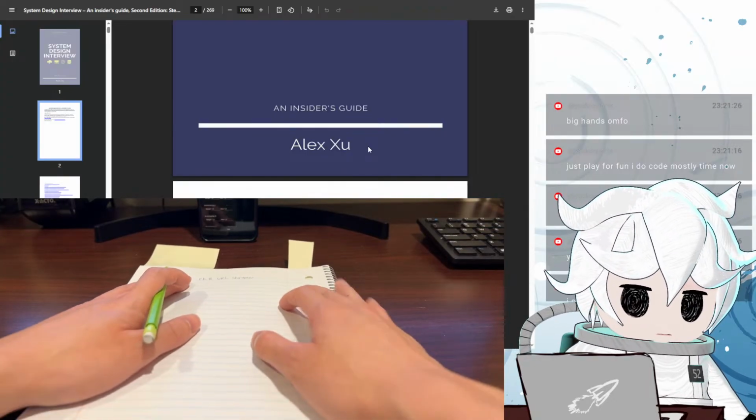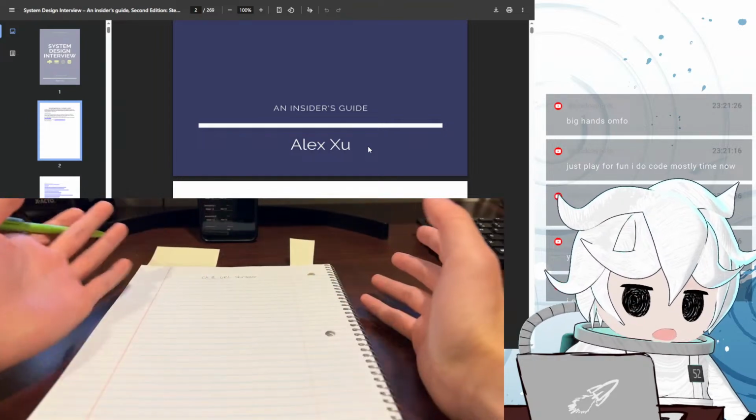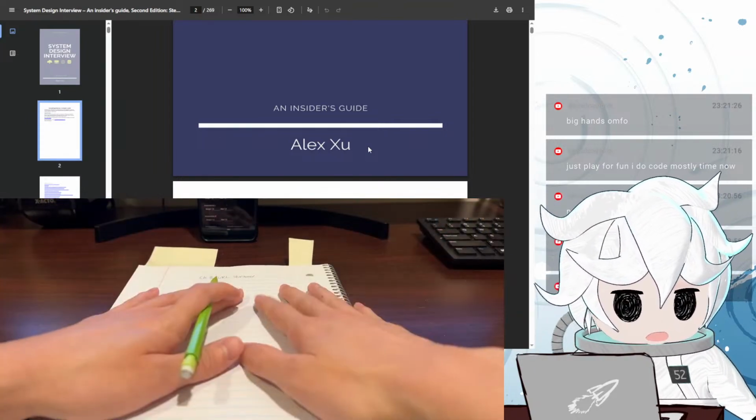Big hands? No, it's probably the camera angle. I'm actually a pretty not muscular person. Yeah,